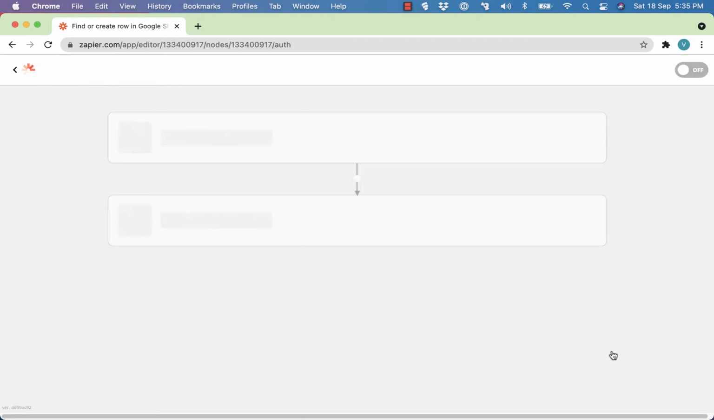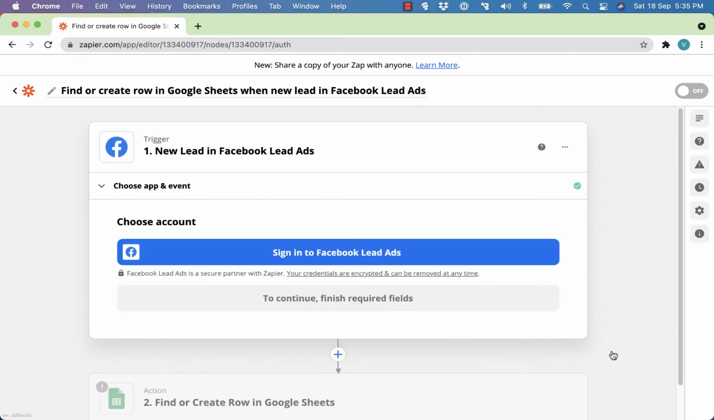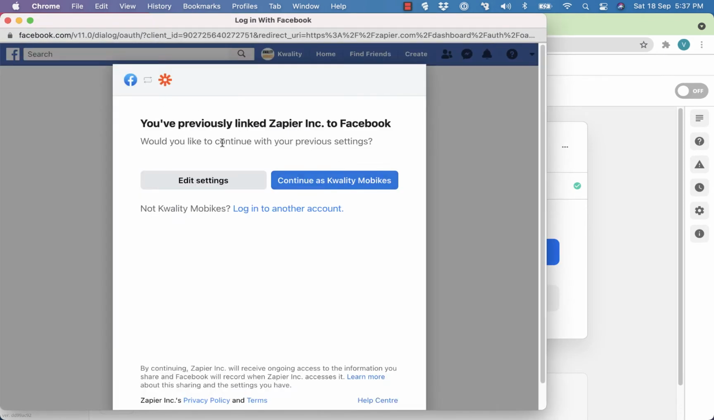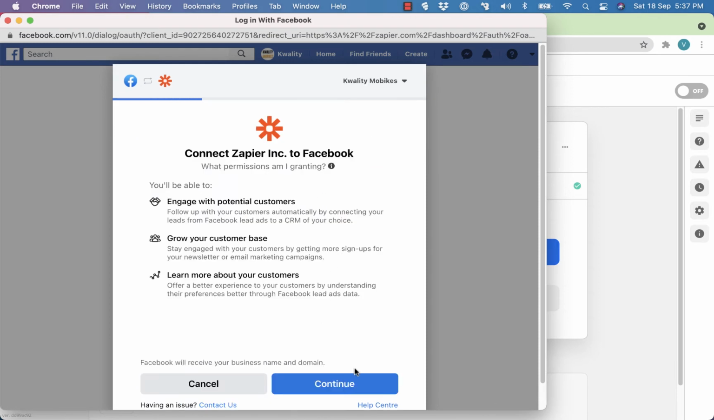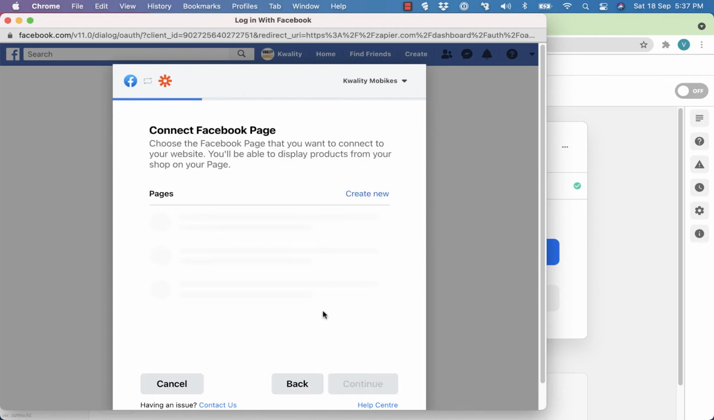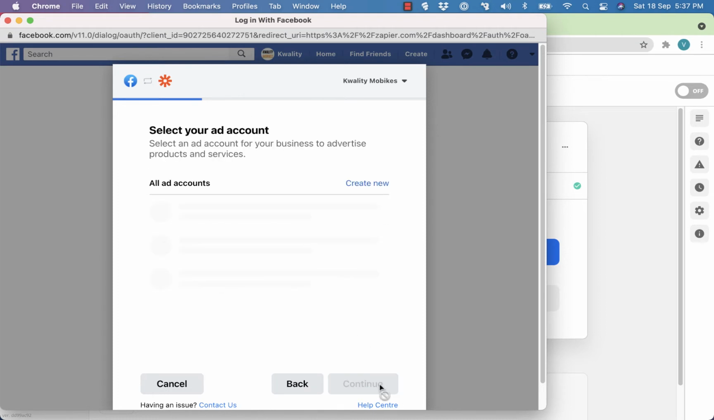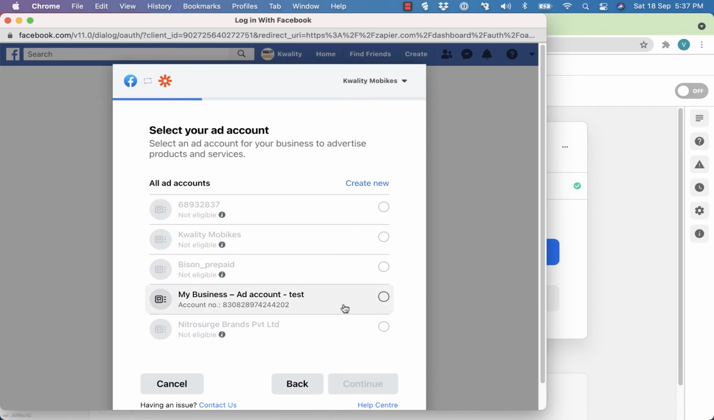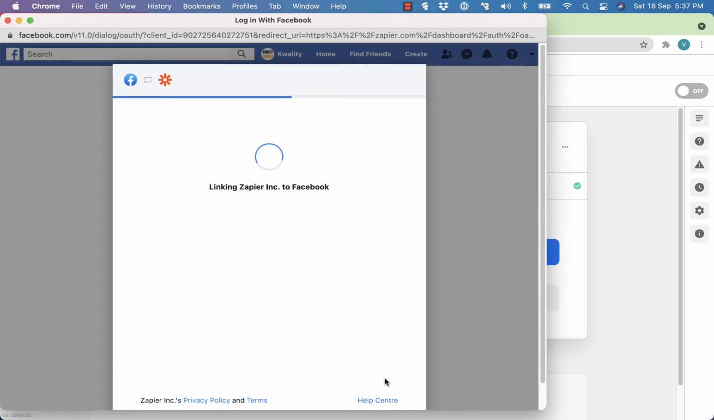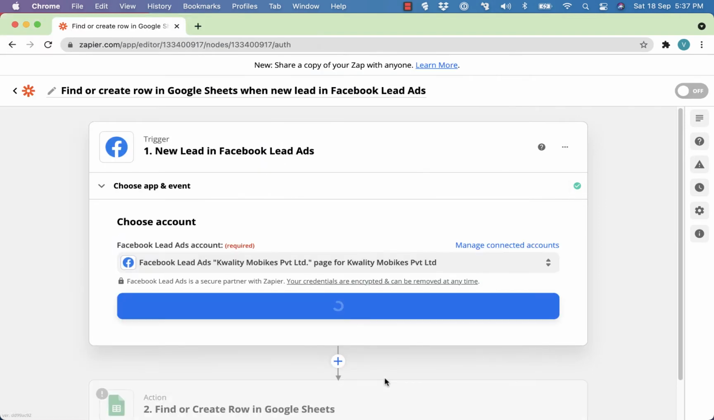The second step is to create a trigger. A trigger is an event that starts the workflow or automation. In this case, the trigger is a new lead generated in your Facebook campaign. Facebook will now ask you permission to access your ad account and Facebook page. Once you authorize Zapier to access your Facebook page, it will then fetch all the leads that are stored in that particular ad account. If you have multiple Facebook pages on your account, choose the particular Facebook page and Zapier